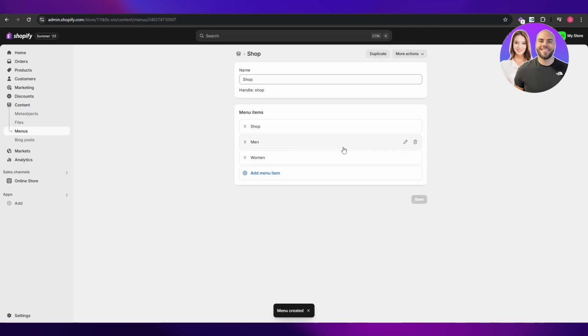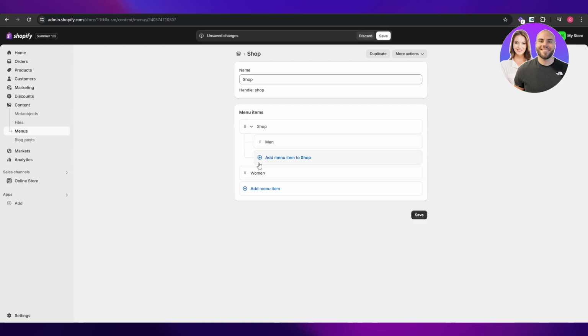Now, since we're creating a drop-down menu, Shopify allows you to move these up and down, right? So here you can create a subcategory, and like so, you just move it around, and I'm going to move this around here. There we go. So now we have two subcategories underneath shop. This is going to be our drop-down menu. Now we can go with this one by either category, or you can create a separate category and go with